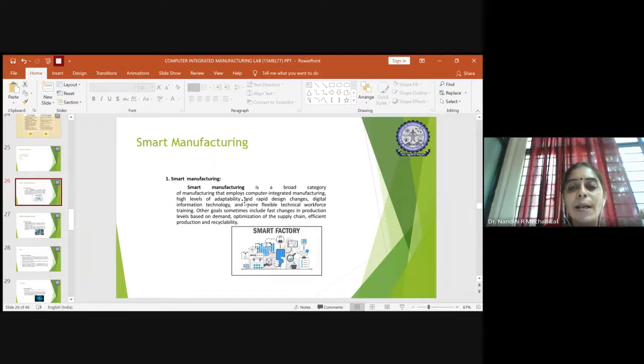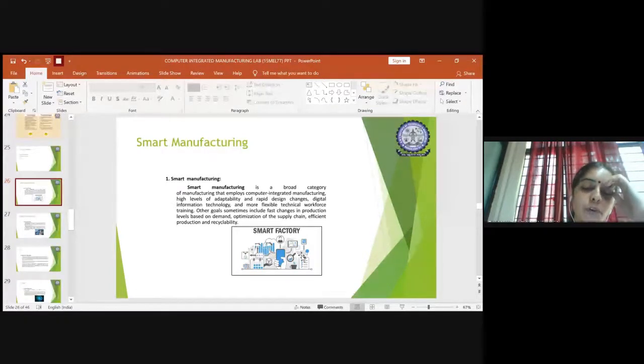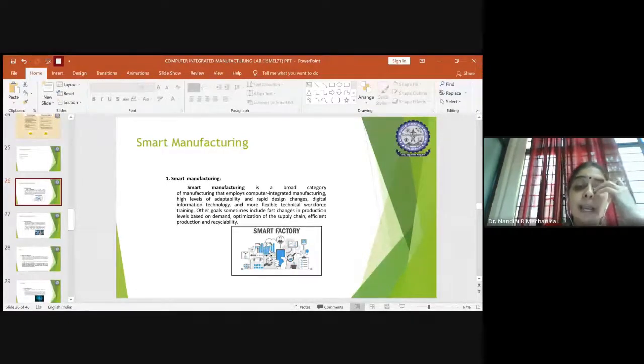Okay, so one is smart manufacturing. Here you can see a smart factory. Everything is embedded in a smart way, because you will have sensors and actuators. The sensors sense what is needed, and accordingly send a signal to the actuators, and the actuators apply it to the active type of work. So sensors are the passive type of smart work, and the actuators do the active type of work. So embedding these concepts will help in making manufacturing very smart.